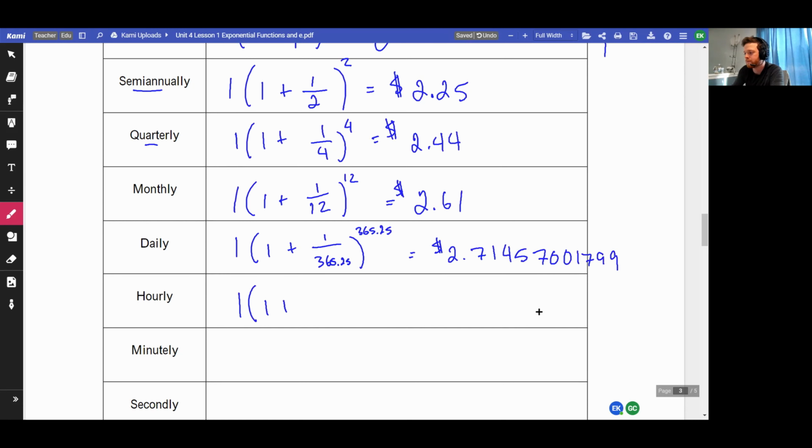Hourly. Let's forget about the 0.25 because that sounds kind of annoying. How many hours are in a year? 24 hours in a day, so times 365. I'm just gonna be lazy, and that's how I did it in Desmos just now to calculate this. That is 24 times 365, and that ends up being